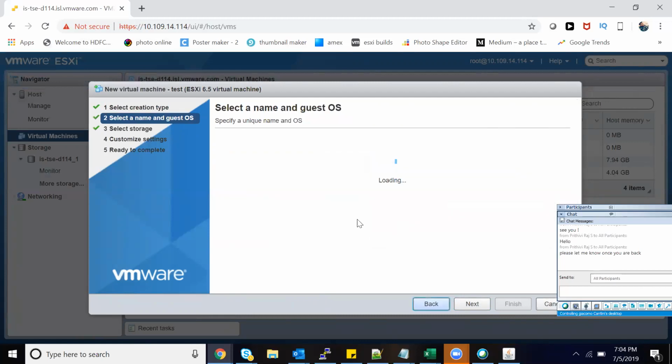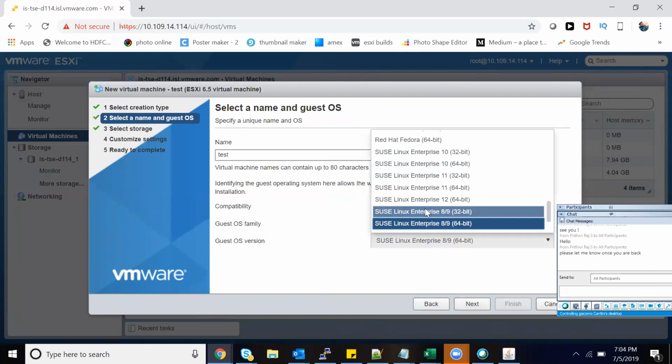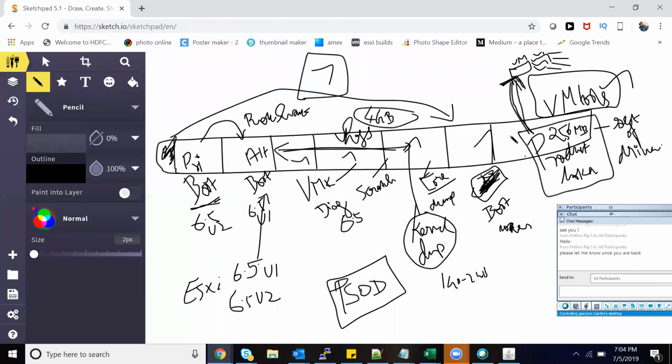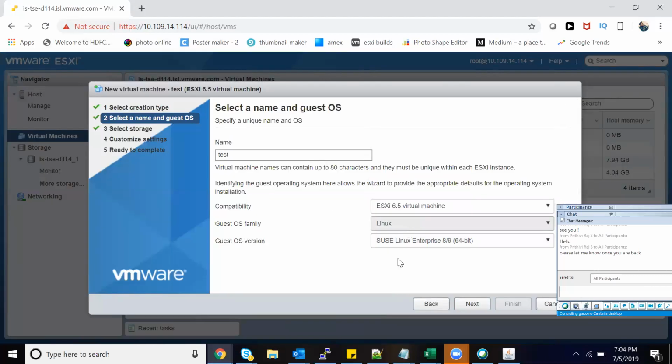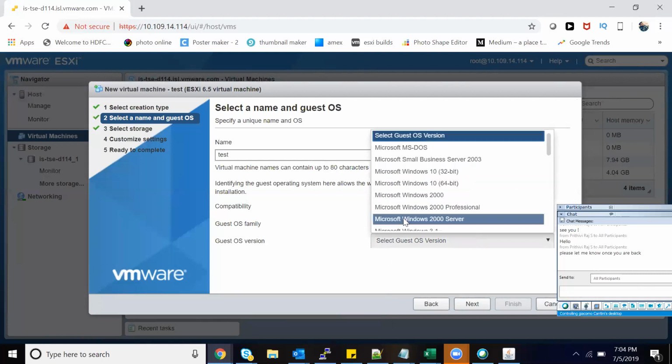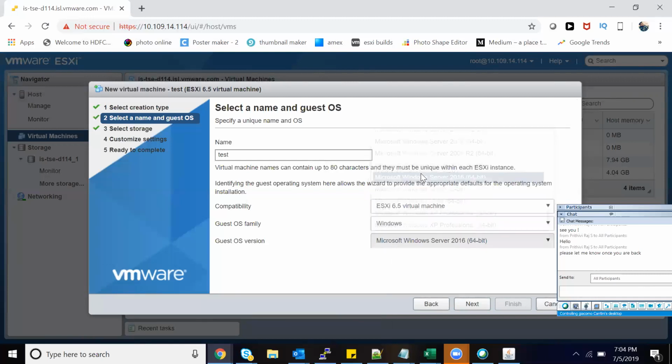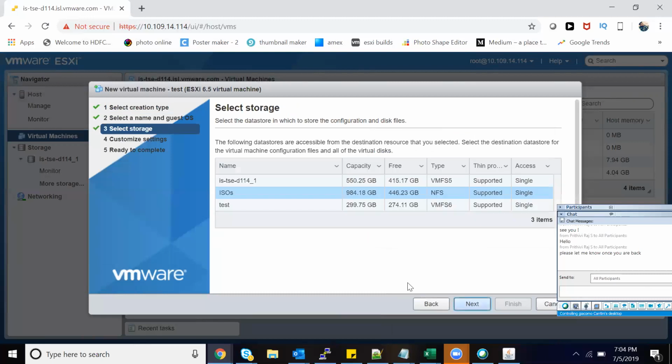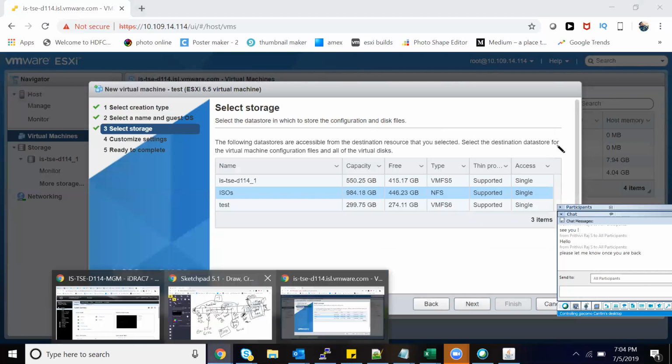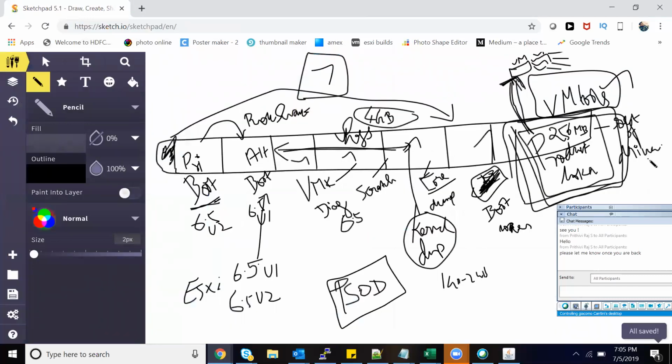I want to show you this because for this list of OSs that I'm getting, I have all the drivers pre-installed in my ESXi. Based on that, I will get drivers from my product locker. If I choose Linux, I will get Linux drivers. If I choose Windows, say Windows Server 2016, I now get Windows-related drivers from my product locker.